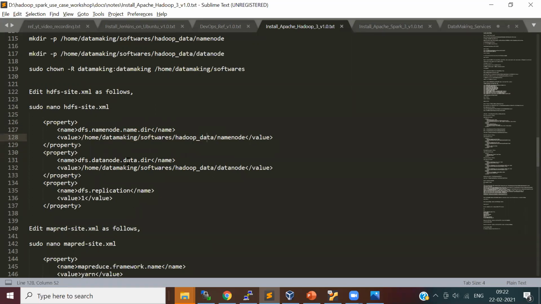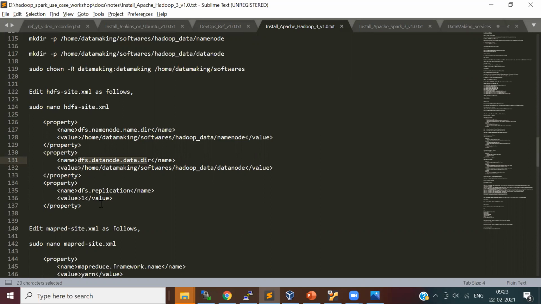Similarly for the data node, to refer to the data node directory, we have to use this property and set this value. And I told you about replication, right? To provide fault tolerance, the Hadoop framework stores your blocks in a few more copies so that whenever a network failure happens on a particular node, it takes a copy from the other nodes.